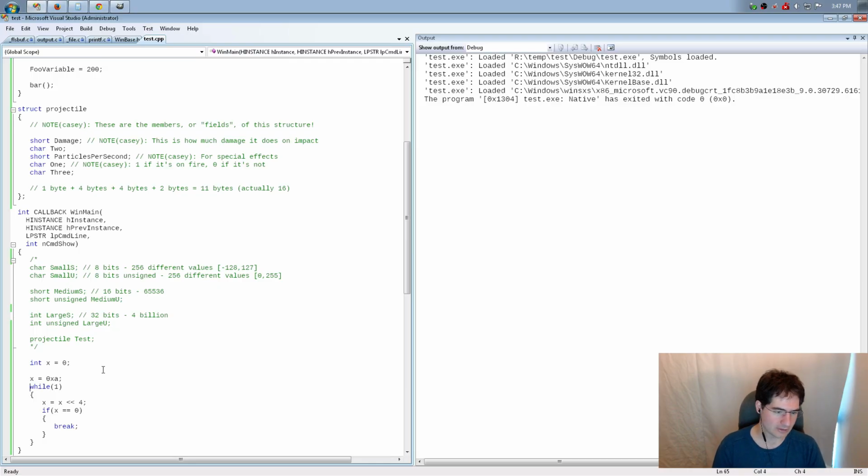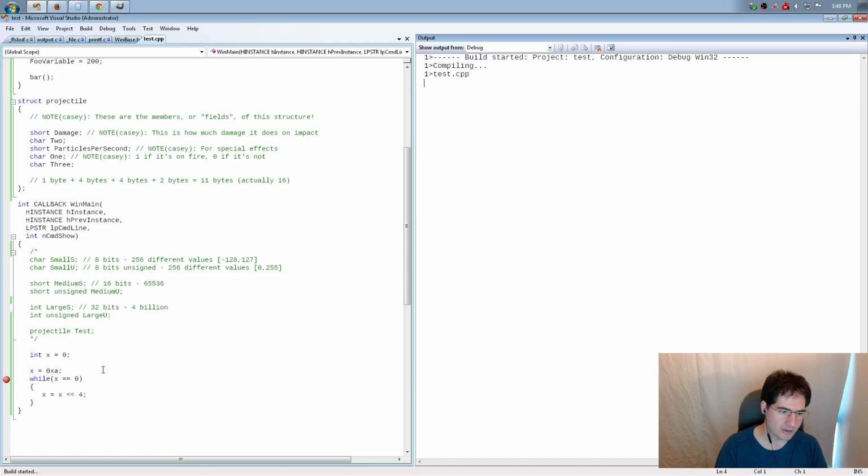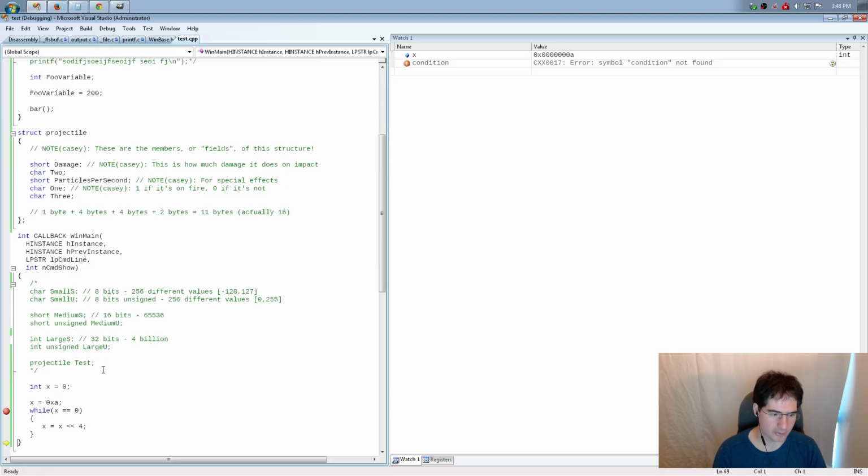There is a do while loop, which is basically you take the while and you put it at the end with a semicolon after it, and then you put a do at the front. And the only difference between those two is whether it executes the loop the first time. So for example, if I did x equals 0, so now I'm saying only do the loop when x is equal to 0. Well, what's going to happen? We're never going to do the loop because x is equal to 0xA. So it's not equal to 0, it's never going to do the loop.